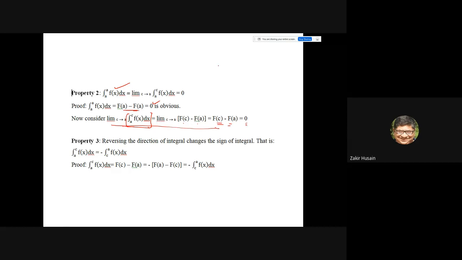Now the next part is, so far what we have done is we have taken a function and found out the area between the function and the x-axis. Now we reverse the sign. So the function is in the fourth quadrant. And now we are finding out the area between the x-axis and the curve. It is above the curve because it is going through the fourth quadrant.